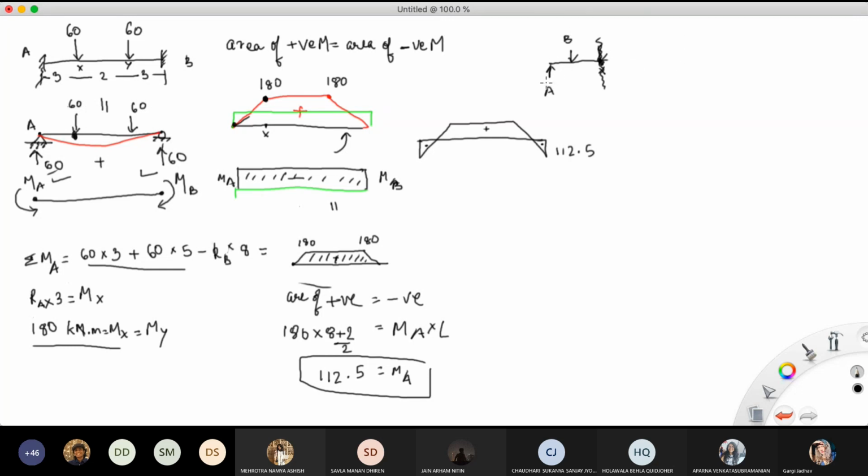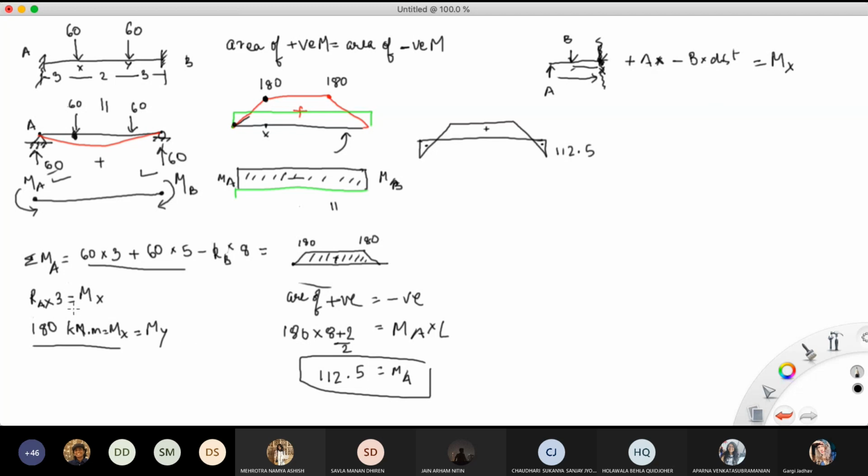So you say that A into the distance, whatever is making a clockwise rotation, so it is positive. Okay, this distance. And then you have B. B into whatever this distance is making an anti-clockwise rotation. So that becomes minus B into whatever is the distance. Okay, so that will ultimately give you the M at X.